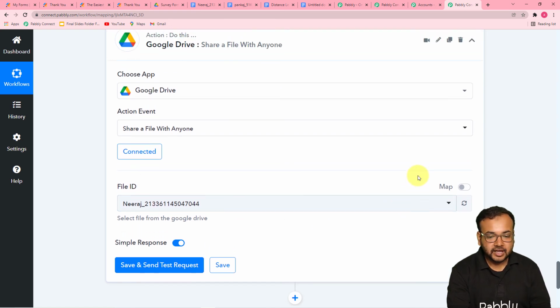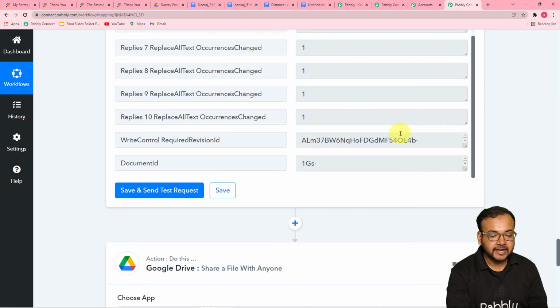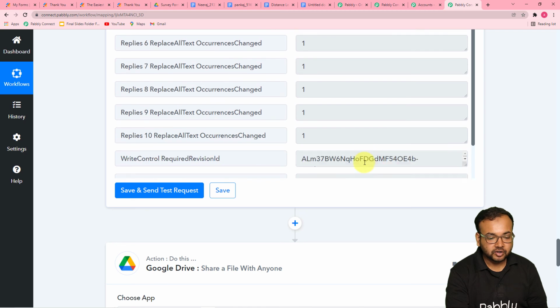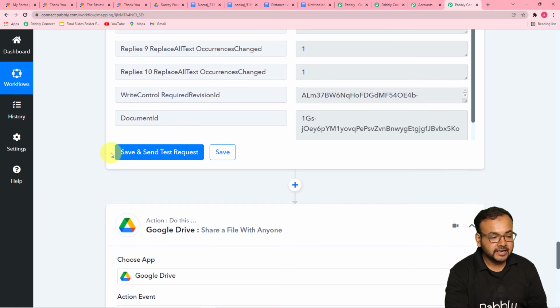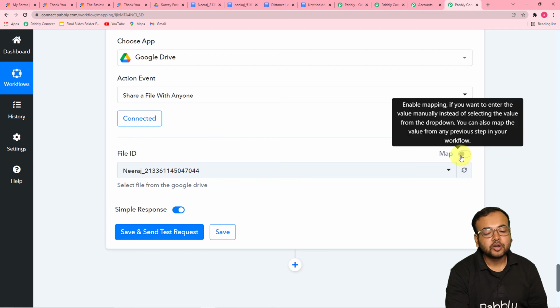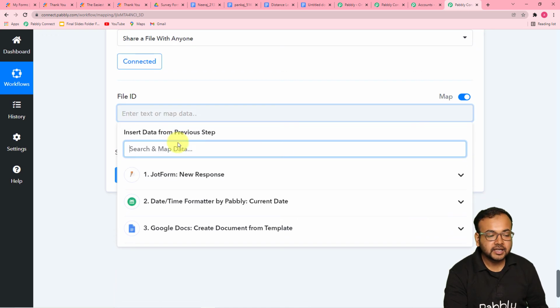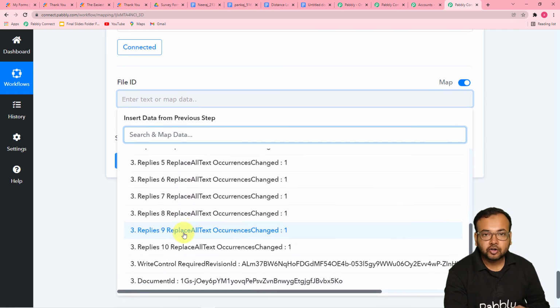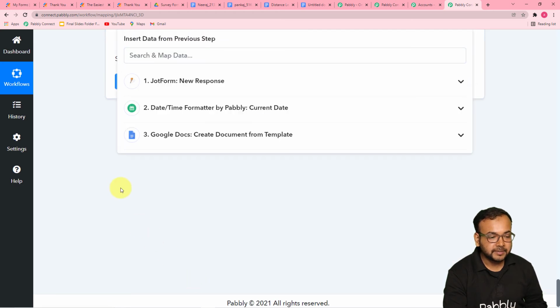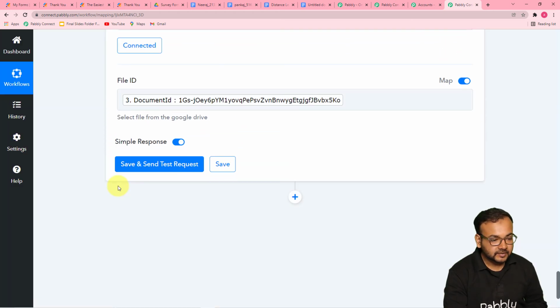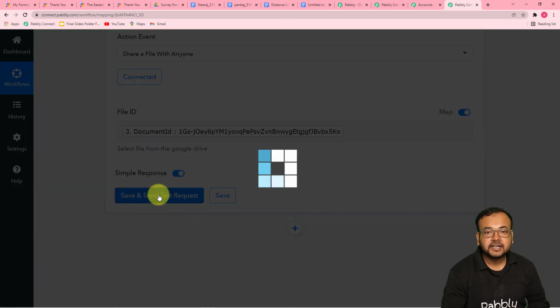So in this previous step you have seen that it has created a document ID, where we have created this document. So I'm going to use this document ID. I'm going to just toggle this map button to on like this, and I'm going to erase this field first. And when you click here on the file ID field, you will find all the previous steps, and from this Google Docs step, just map the document ID created. Okay, this one, map it like this. Right, and now click here on save and send test request,